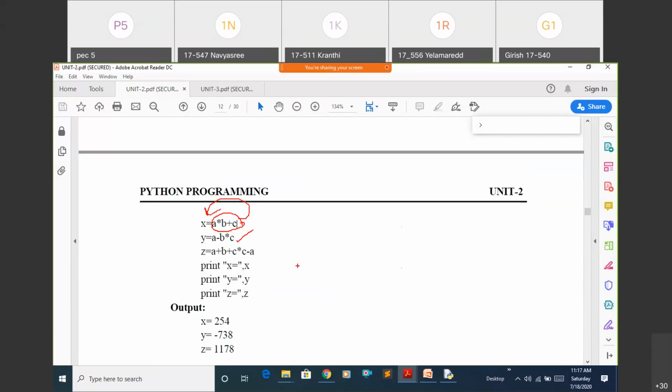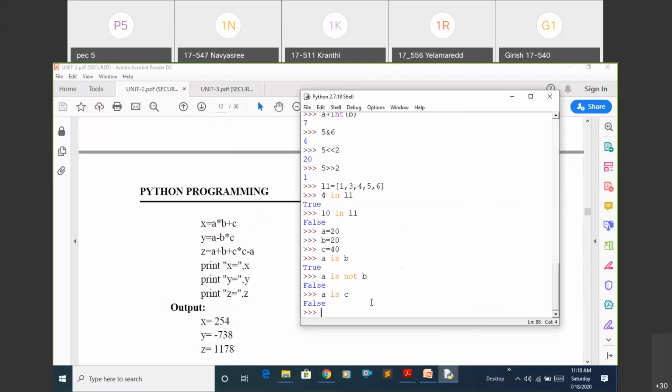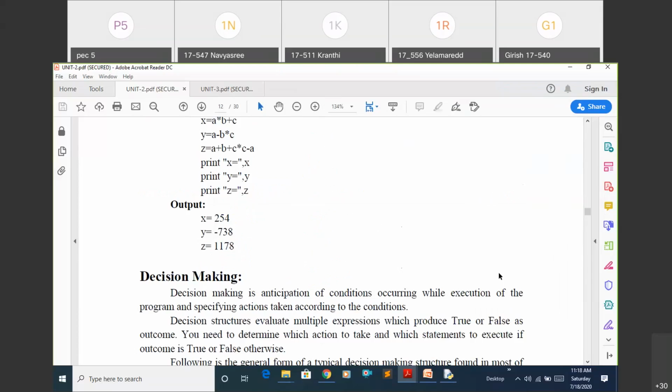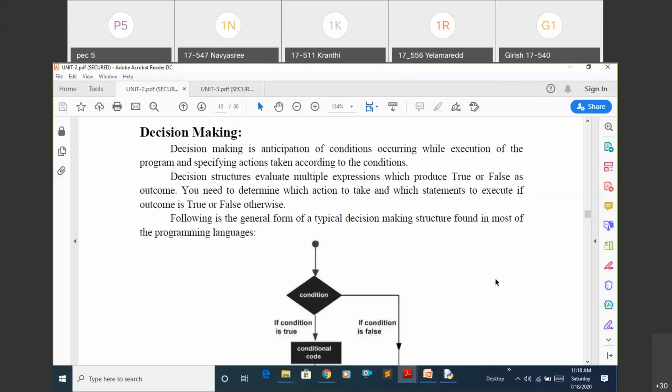In the same way, just go through the precedence, which statement you need to execute first and which statement you need to execute next. Based on that, you can guess the output. If you don't know which statement to execute first, just use a compiler or an interpreter and do the operation there. It will give the exact output. Simple, right? This is about operator precedence and evaluation of the expression.